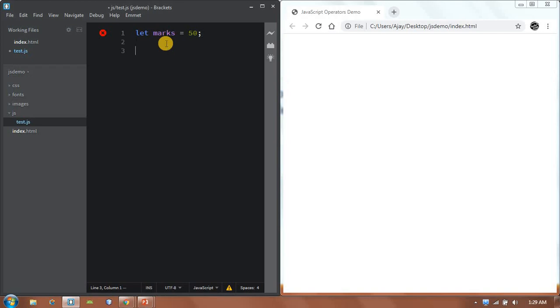Now we are supposed to decide if the student has passed or failed, and based on that display the message congrats if the student has passed and sorry if the student has failed. But currently we are only supposed to display congratulations if the student has passed. How can we say whether the student has passed or not? We'll write if, and after the if there is always a parenthesis.